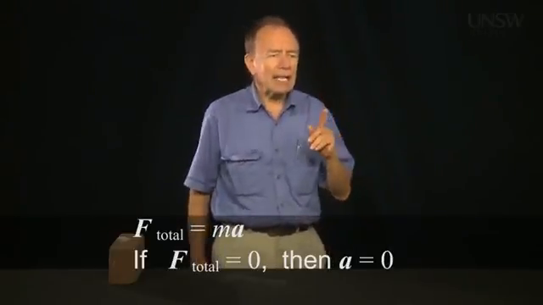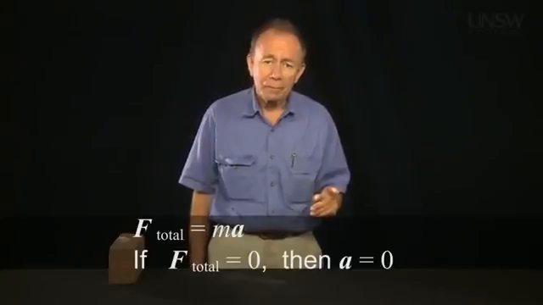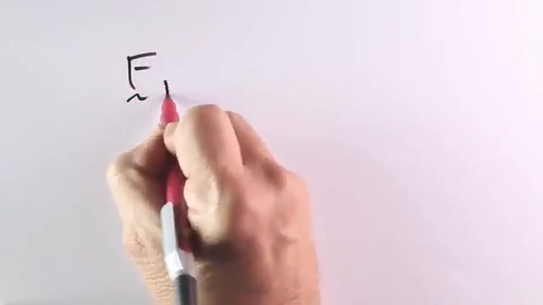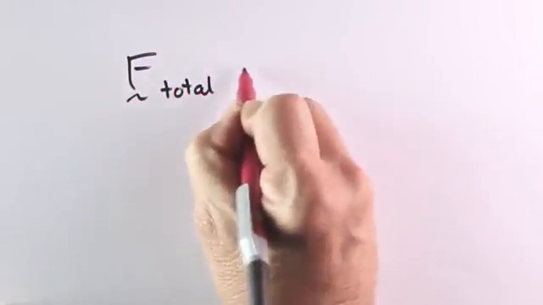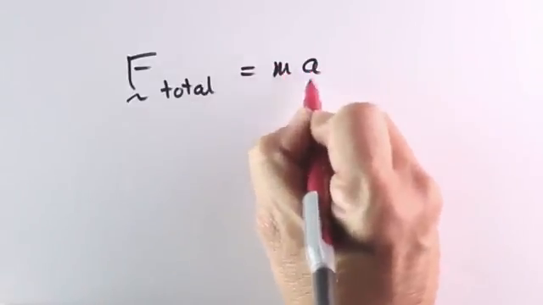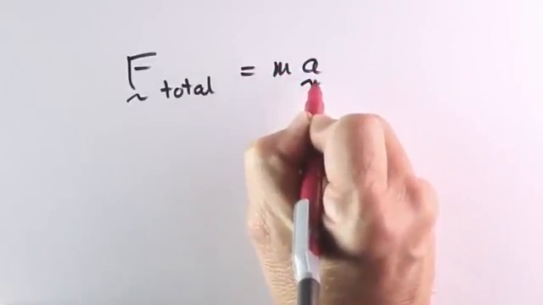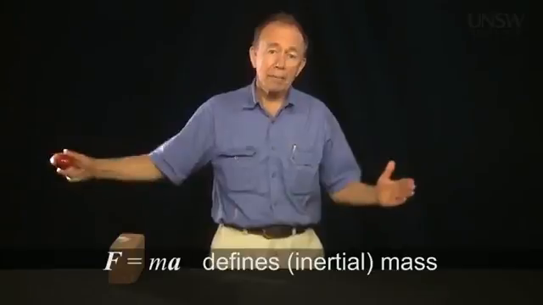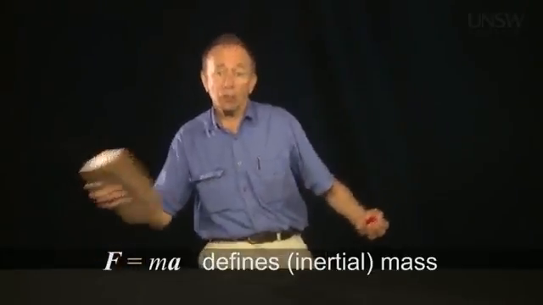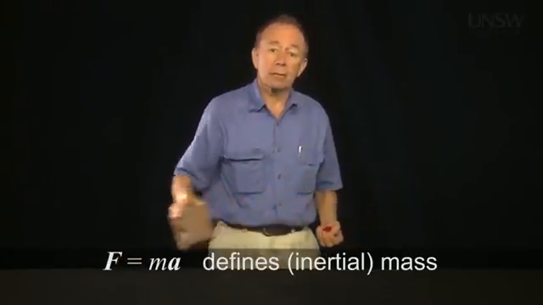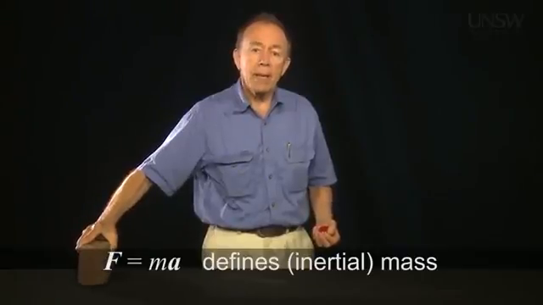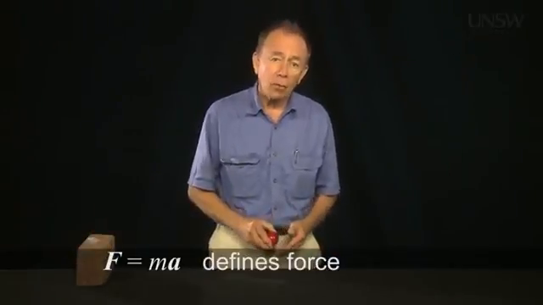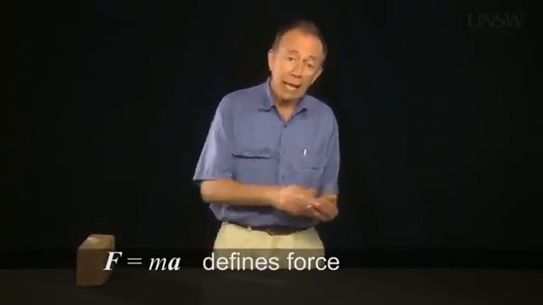And before that, a serious puzzle for you. Here's something that worried me when I first met Newton's laws. The second law is subtle. F total equals ma is our definition of mass. Mass is the ratio of the total force on an object to the acceleration it produces. But it's also our definition of force. F total equals ma.